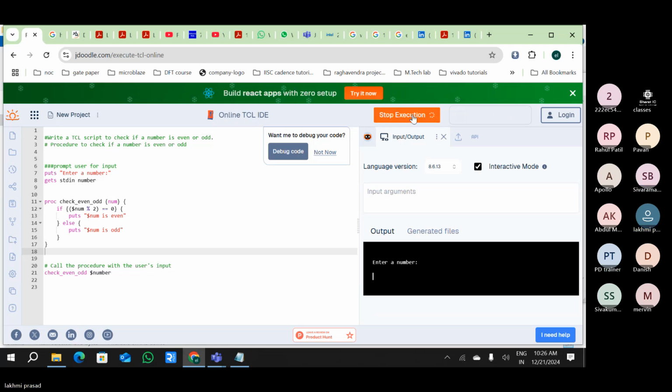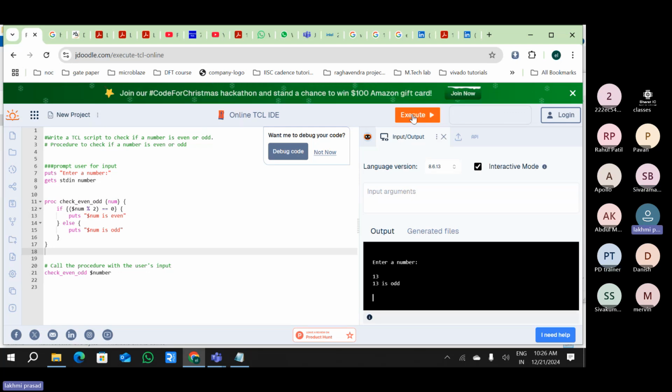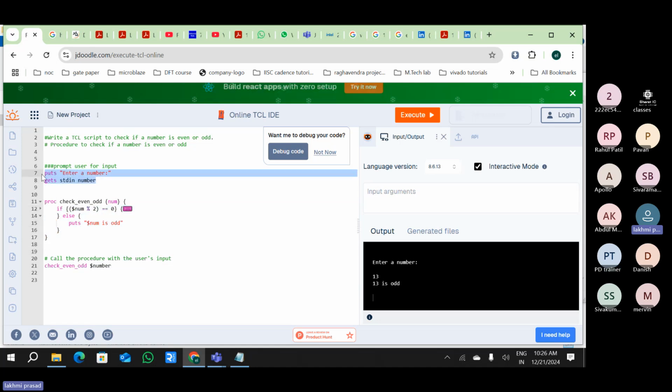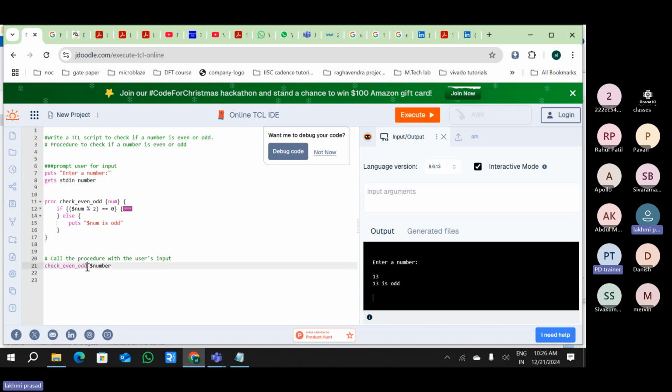Even now, if I give it, it will give you wherever you want. You can place it here. These particular things are orderless; wherever you want, you can use it. But this one is important. So where you're calling this one,